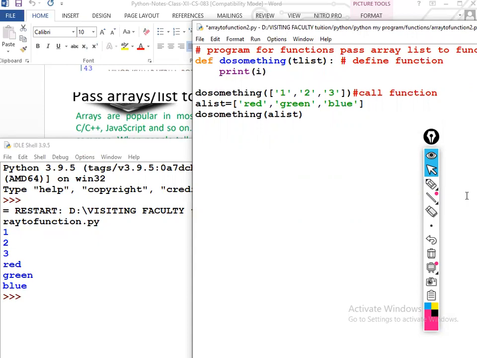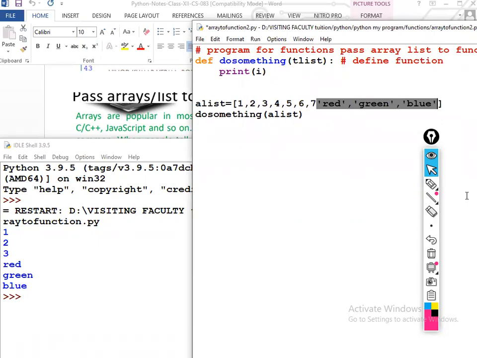Now I'll pass the numbers 1 2 3 4 5 6 7. Seven numbers we have passed as it is.